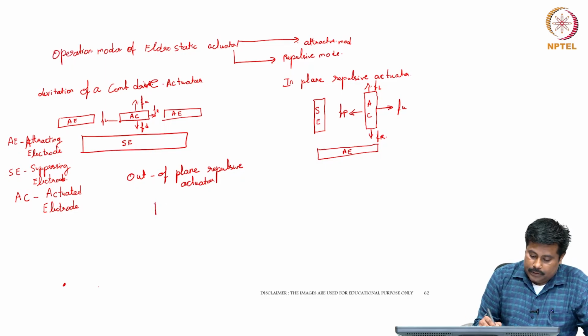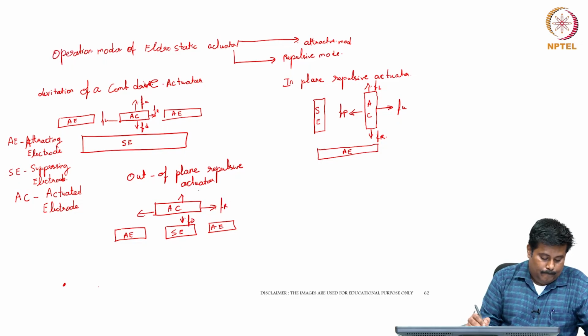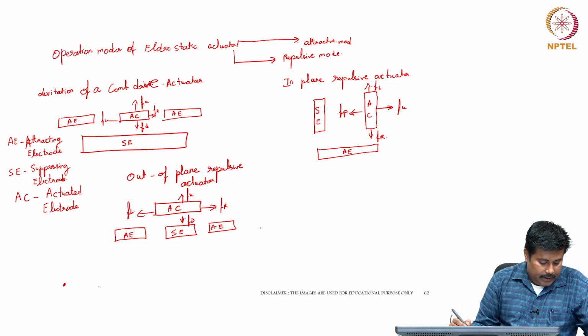The configuration looks something like this: AC, AE, AC and AE. This is a kind of configuration which is used for movement. The forces are FD, FR, FU and FL. And the last configuration is called a three-layered repulsive actuator,